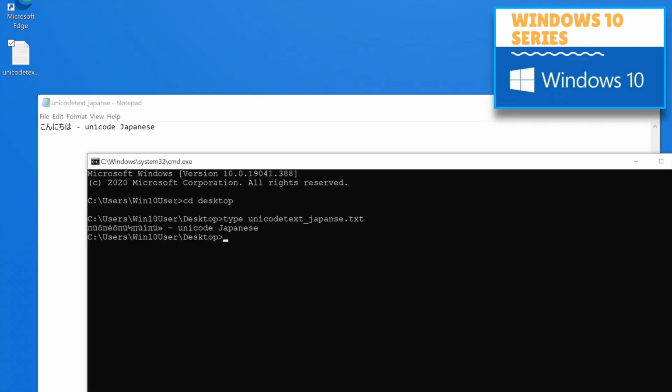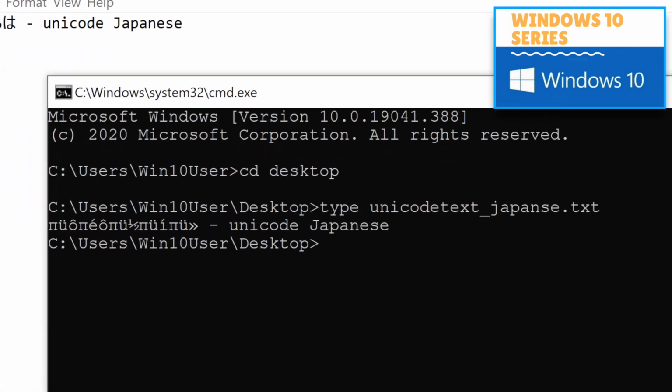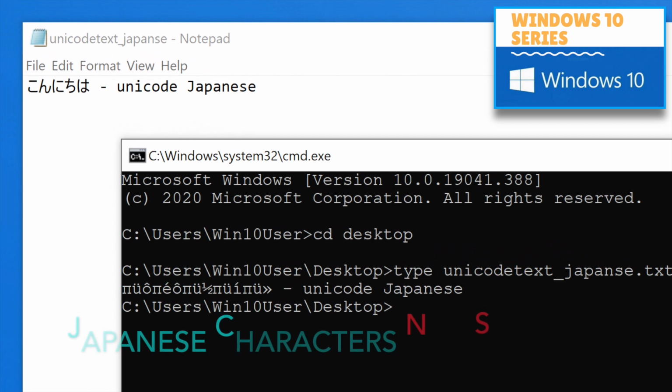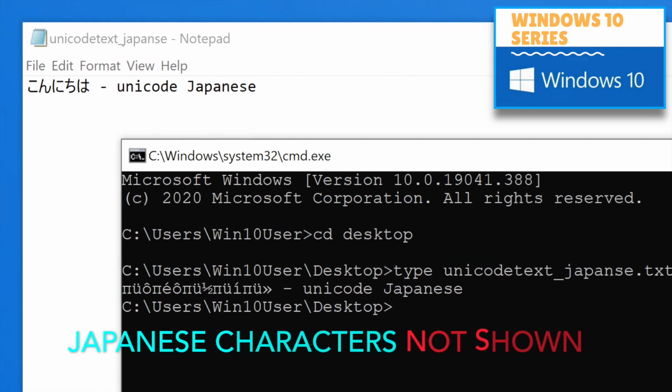Now you can see there is a problem. The text is not correct, some junk characters are displayed, but in Notepad it is correctly written in Japanese. In the command prompt you can see there are some junk characters, but the English text is correctly written.